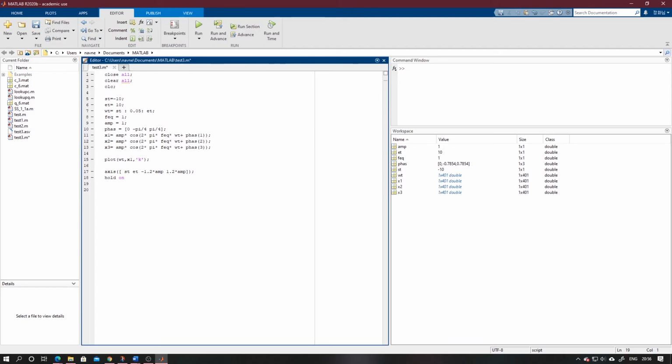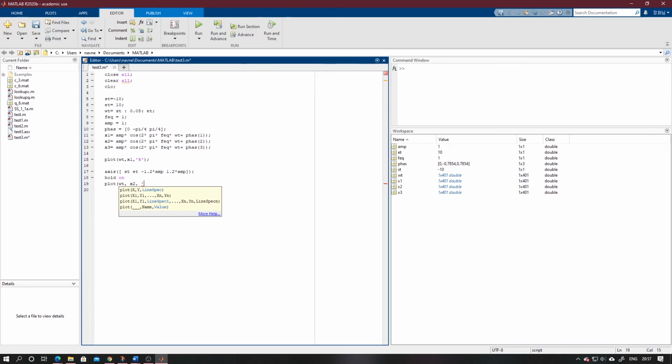Now we will plot all the signals. This is wave time, then x2, and for differentiation between all the signals we will use different line specifiers.